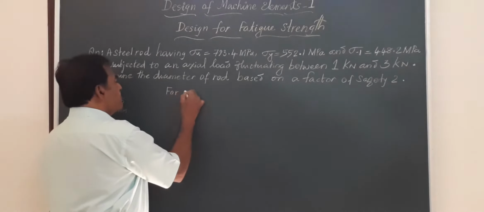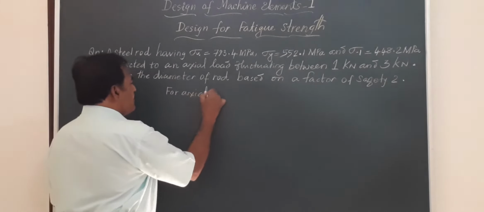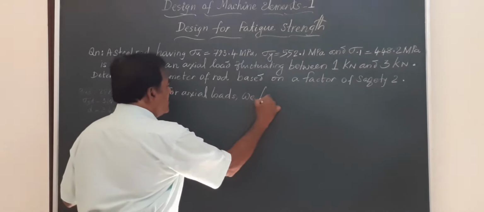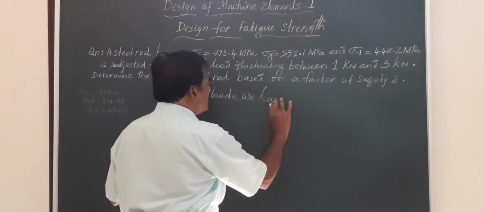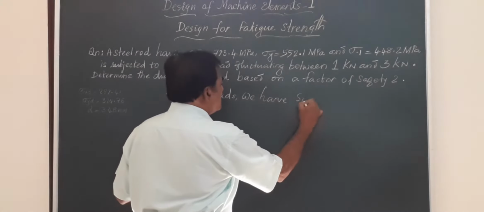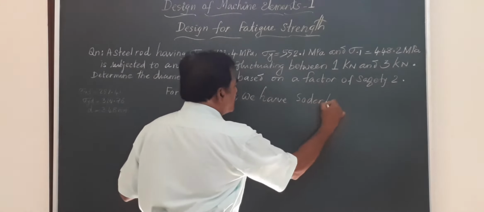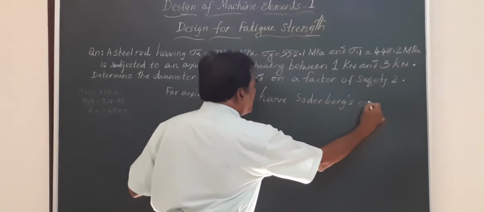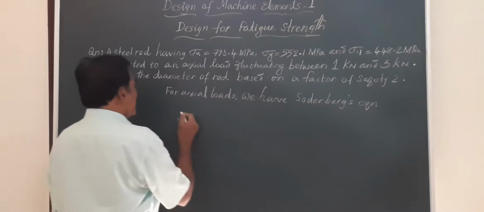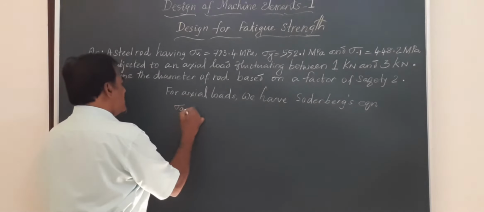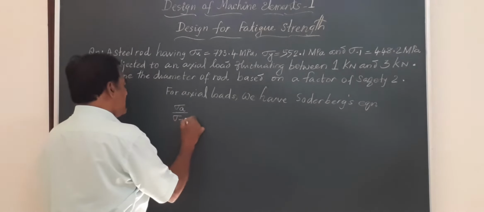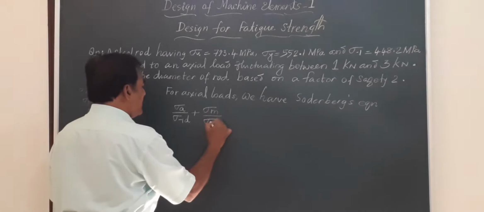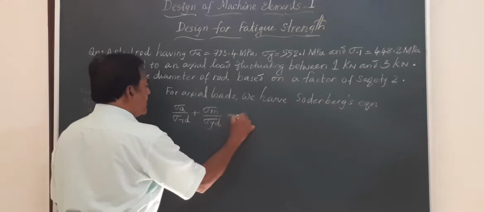For axial loads, we have the Soderberg equation. Soderberg's equation is given by sigma_a divided by sigma_-1d plus sigma_m divided by sigma_yd is equal to 1. Friends,